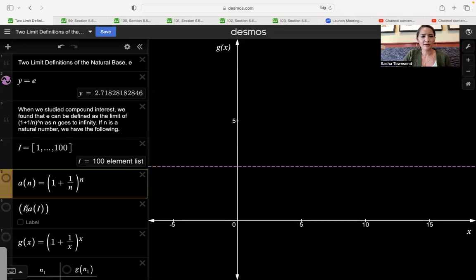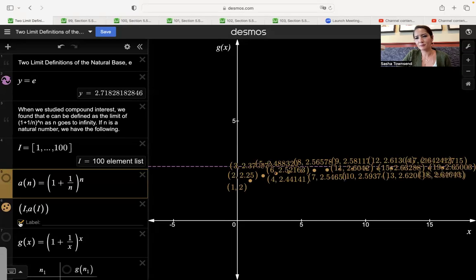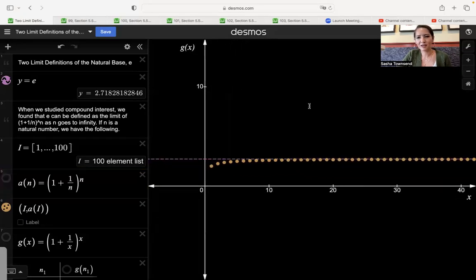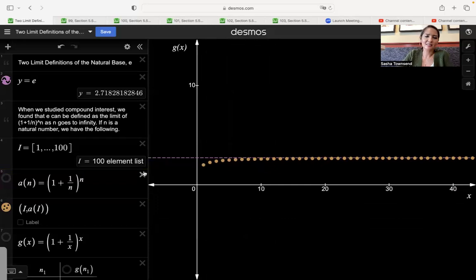We're going to evaluate a at all of these values between 1 and 100 and plot them. So we've got a sequence of values. If we wanted to label them, we could. We won't because it's a big mess if we do. But this is what we've got. And we can see that when we graph that sequence, it gets very, very close to the horizontal line y equals e. So I think it's clear that this sequence approaches e